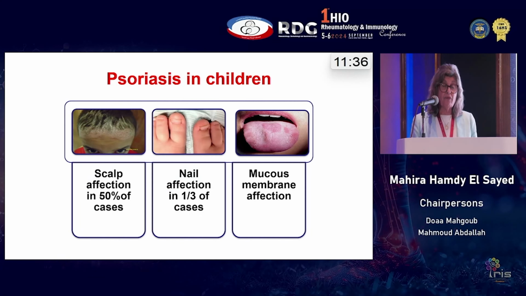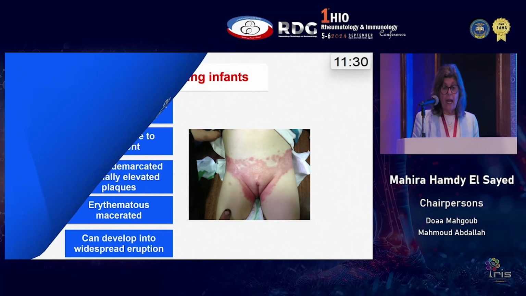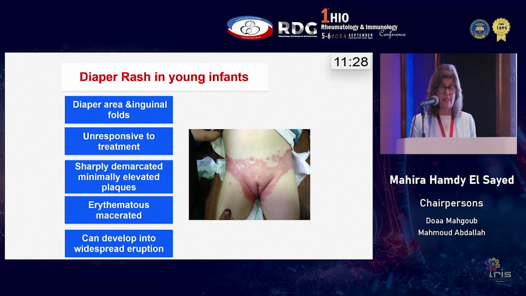Also, half the patients have scalp affection, and we do also have nail and mucous membrane affection. Napkin psoriasis is one of the commonest presentations we see. It's not the commonest in children because the commonest is plaque psoriasis, but we misdiagnose it a lot. I have to be suspicious when I have a rash in the diaper area, which is not responsive to treatment, sharply